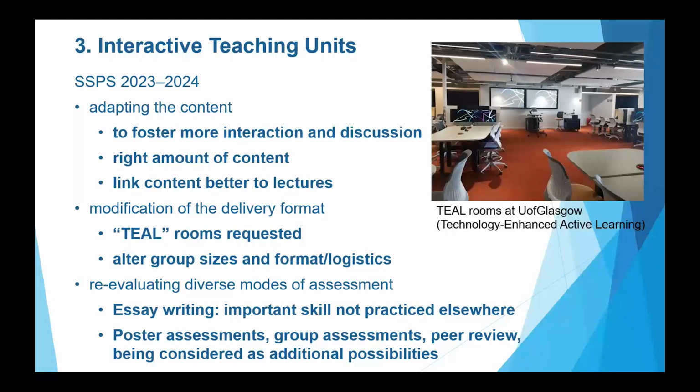But mainly we're focusing on modifying the delivery format, because like I said, last year's one was online and it didn't really translate very well. This year there are two big differences. One, we have these new TEAL rooms, the technology enhanced active learning rooms, which are pretty cool because they have little clusters of